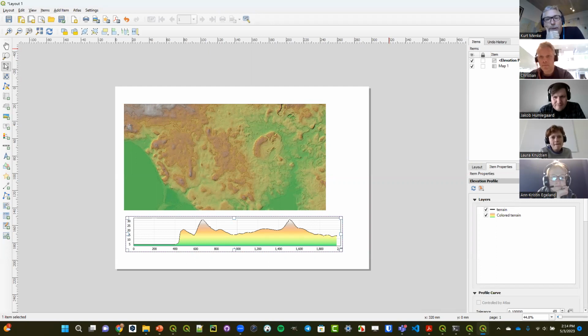Yeah, I've used it for showing elevation profiles of hiking trails or bike routes, for example, where you have a bike route and you can show the elevation profile for that ride. And so that's the only thing I've used it for so far. But